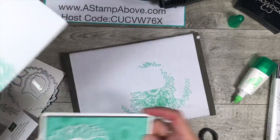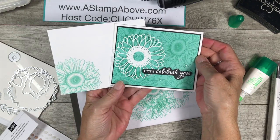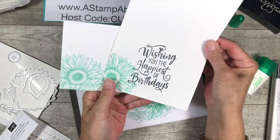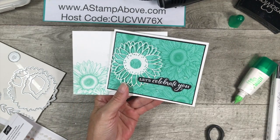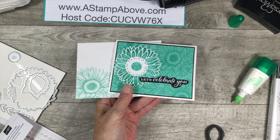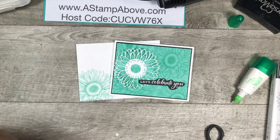Okay, here is our beautiful birthday card. Look at that. Wishing you the happiest of birthdays. I absolutely love this. And then I've got some others here to show you